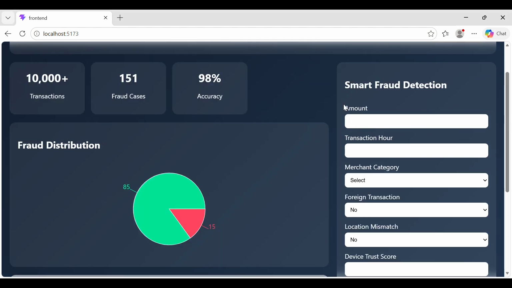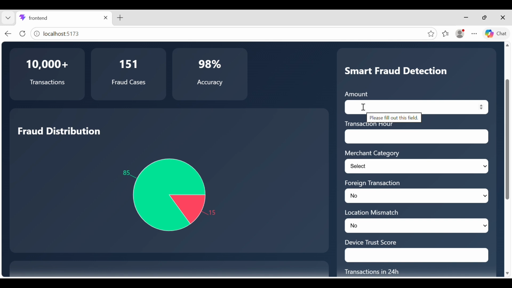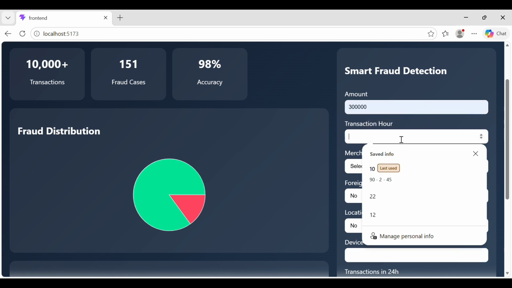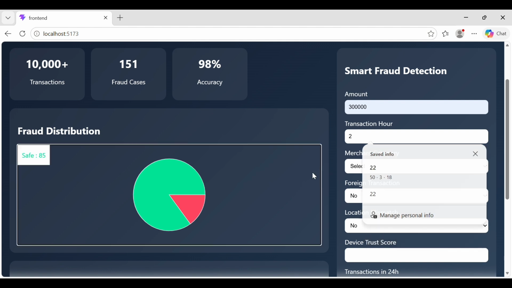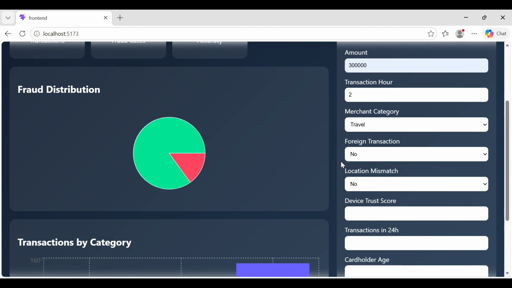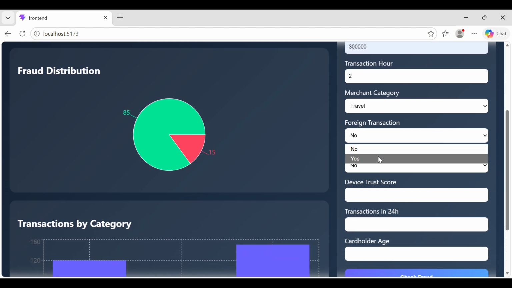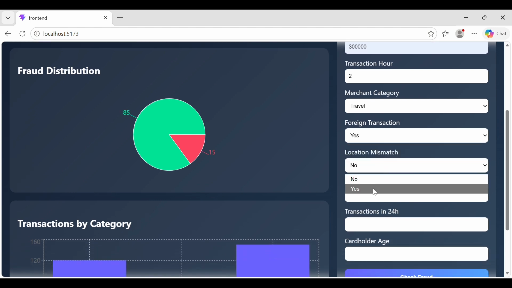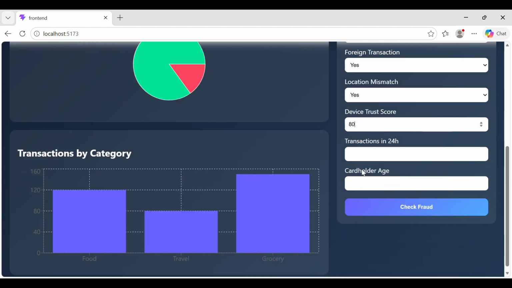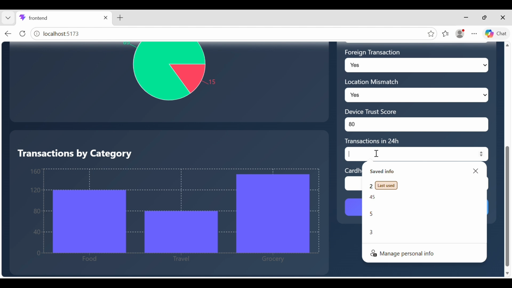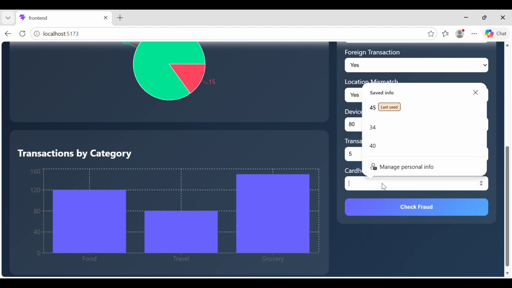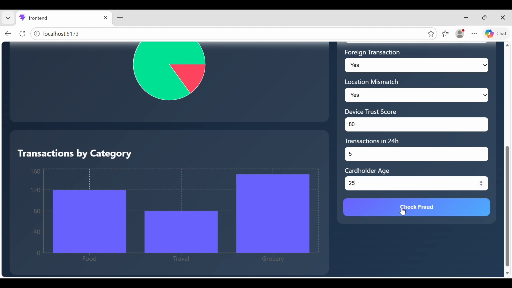So now let's do another demo for a fraud transaction. Let the amount be 3 lakhs. Transaction hour is 2 a.m. in the morning. Merchant category is travel. Foreign transaction, yes. Location mismatch, yes. Device trust score is 80, transactions in previous 24 hours is 5, card holder age, let it be 25,